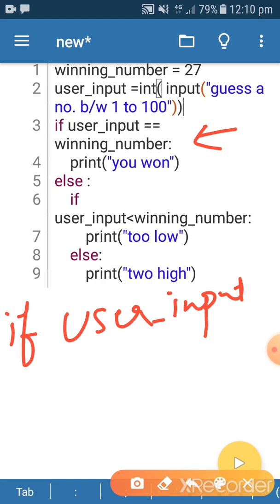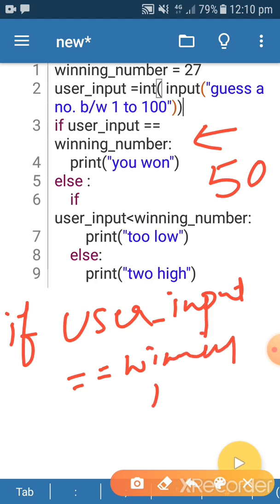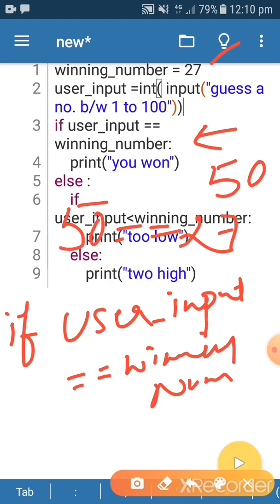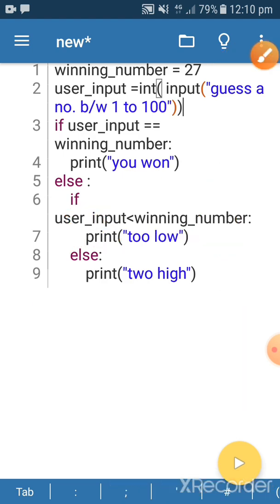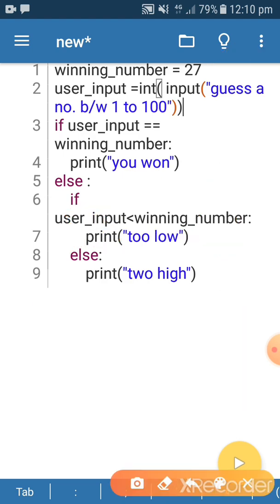Suppose you have given the number 50, it means 50 equal to winning number. The winning number I have already stored, that is 27. So the comparison is between 50 and 27. This condition is going to be false because both values are not equal, so the you won message will not print.